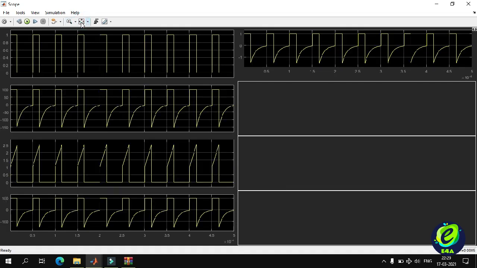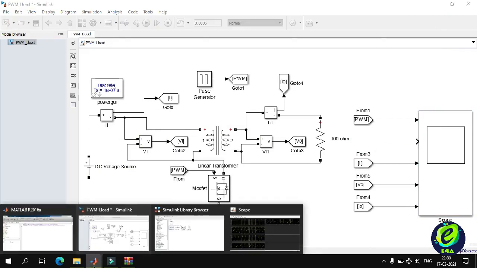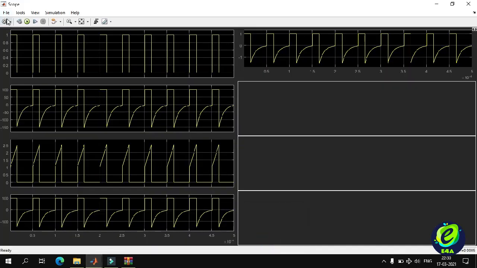We can observe that the voltage waveforms are the same. Let us remove VI so that all the waveforms can be visualized together. Now change the axes to 4, change the layout and run the simulation again.